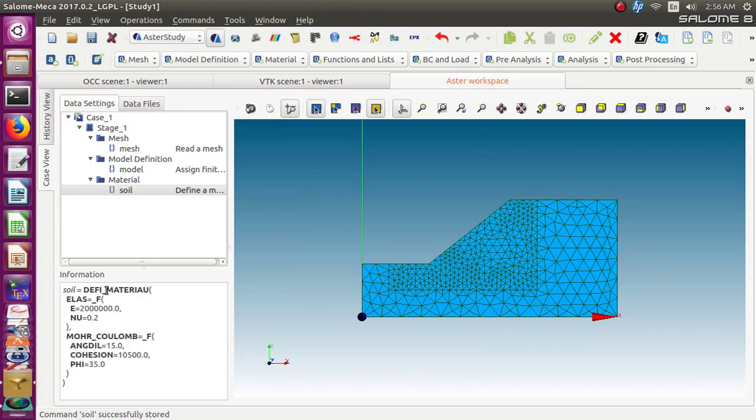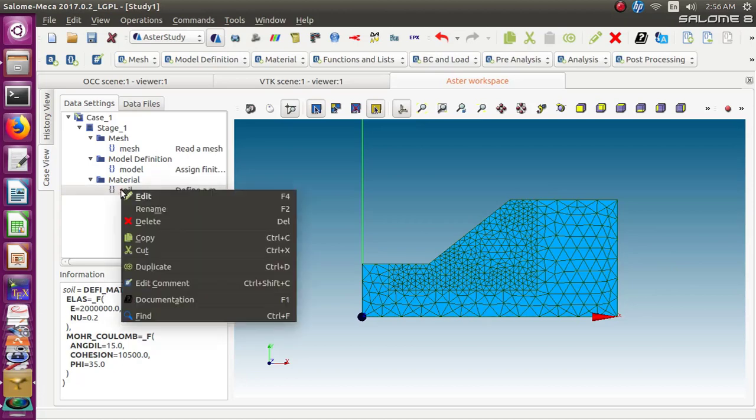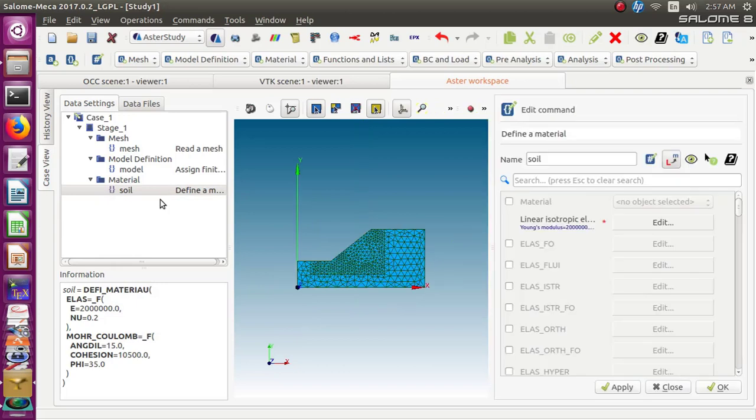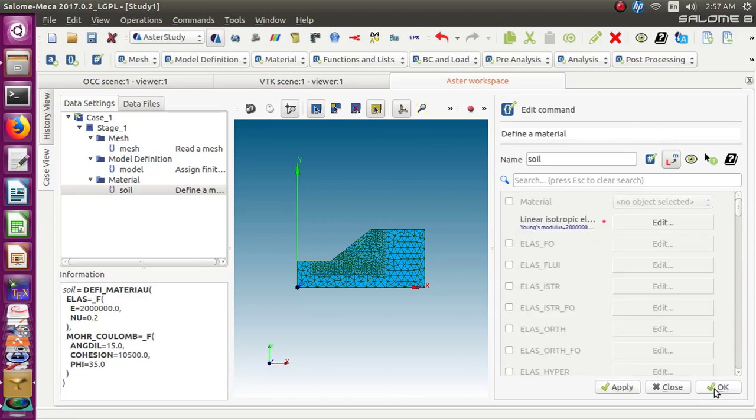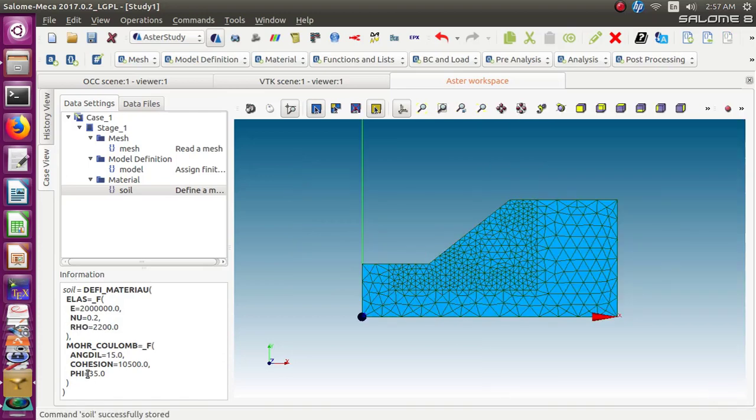Now I should also add the self weight. So let me edit this command. So linear isotropic, let me add density here. Density will be 2200 kg per meter cube, because my filled bulk density of this soil is 22 kilonewton per meter cube. So that makes the mass density as 2200 kg per meter cube. So okay. So this is my material,